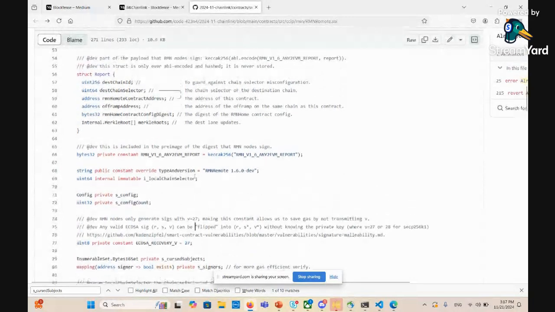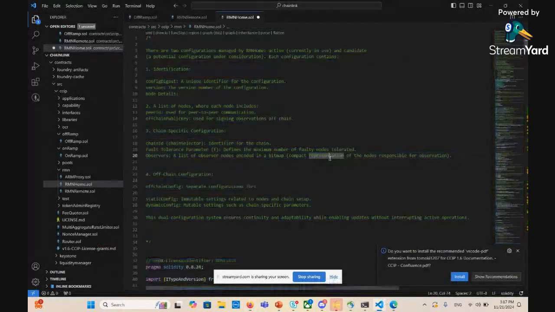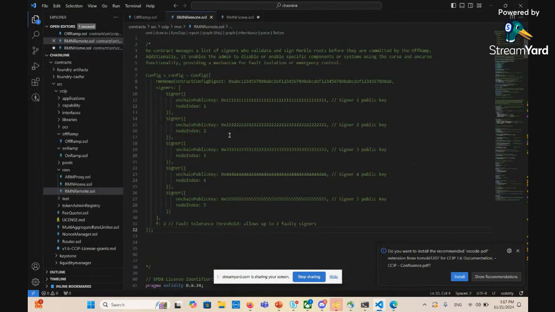So for each version, I give one example over here. It's going to look like this. Okay, so its config will look like this. Basically, one is you have the RMN contract config digest. So what is this digest? This digest corresponds to